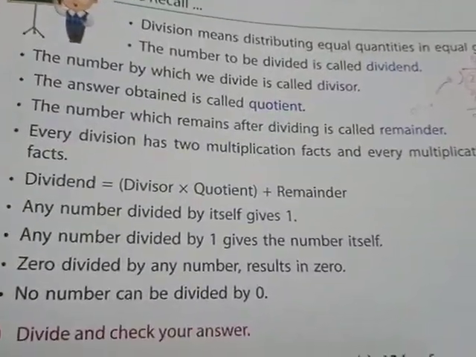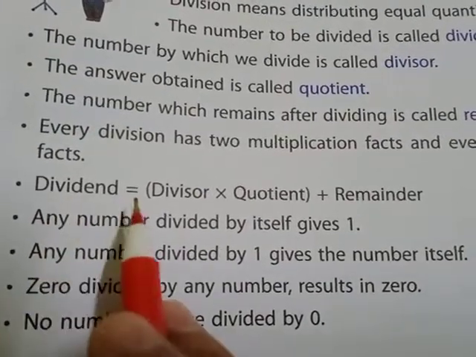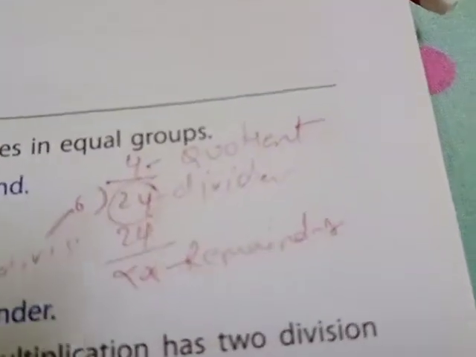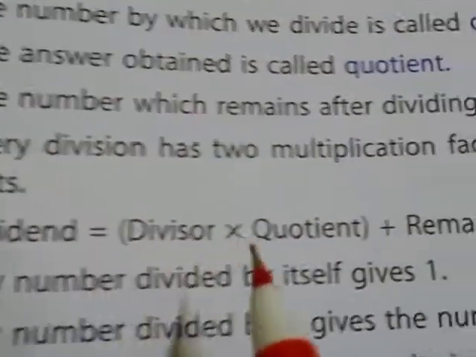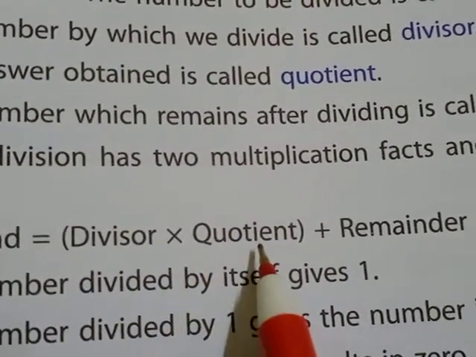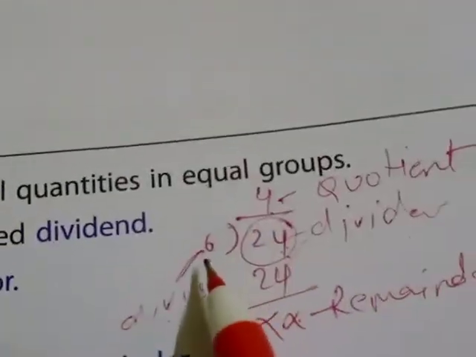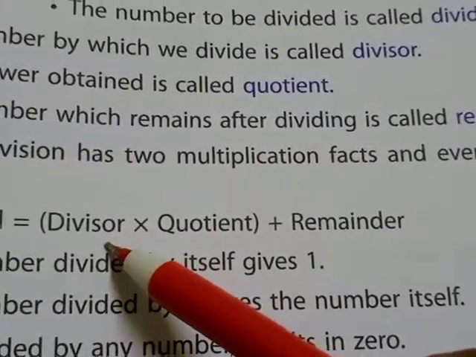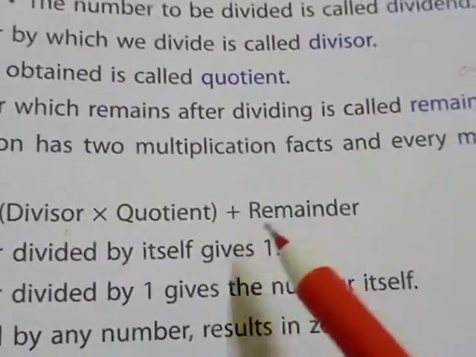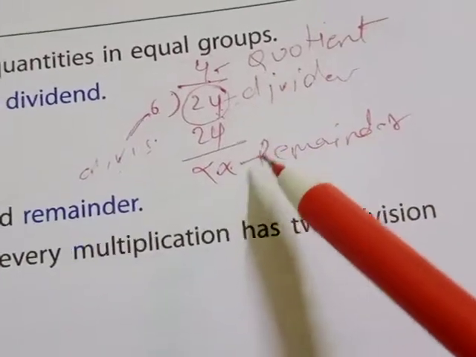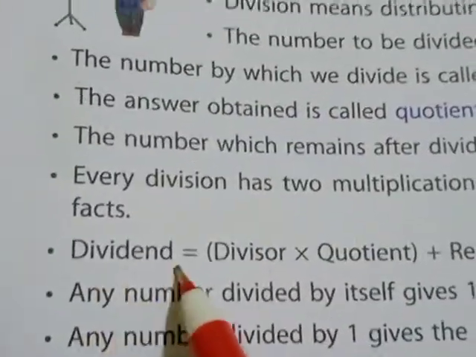After this, moving ahead, this point all of you see, dividend equal to dividend. What is the dividend? This inside part, na? This is known as the dividend. How will you get this dividend? I will tell you. Dividend equal to divisor multiply quotient. The divisor is this 6. You will multiply this divisor with the quotient, means the answer, that is your 4. When you multiply this 6 with this 4, and plus the remainder, whatever is remaining, when you add, you will get the dividend.